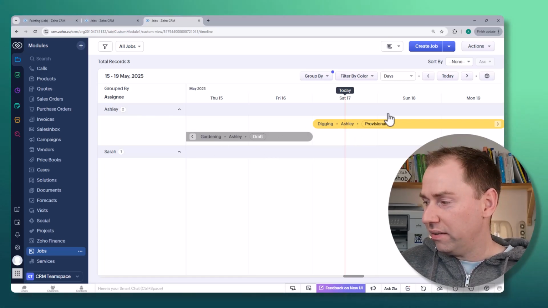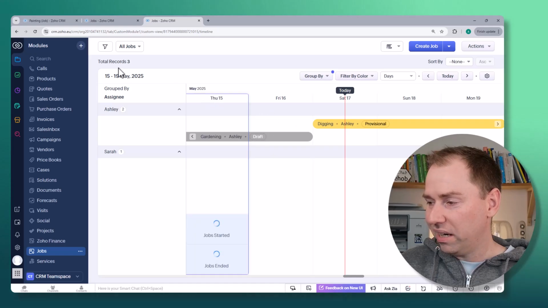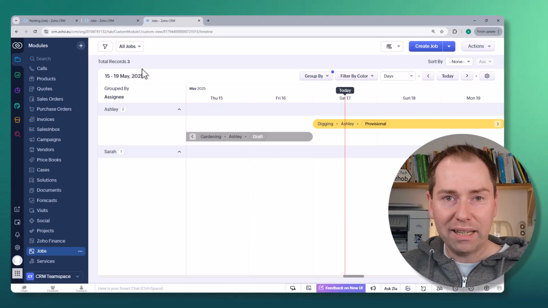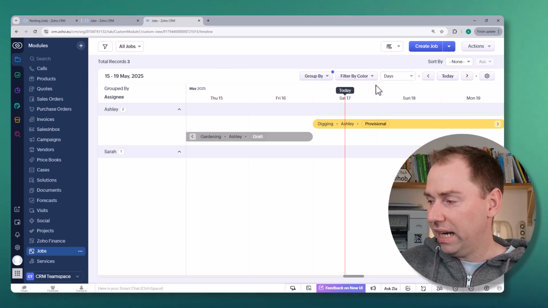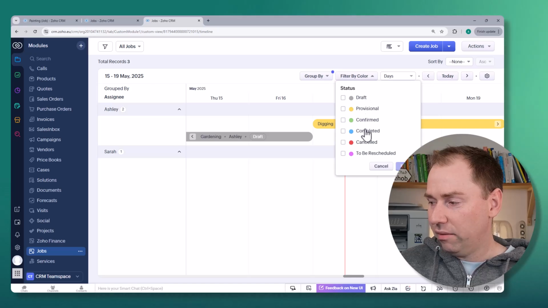I don't know if there's a limit to the number of records that can be displayed, but I would recommend that you think about how you're going to filter that information. It does give you a nice filtering option here, filter by color, for example. As you can see, I've got draft, provisional, and some other statuses. So if I only wanted to see